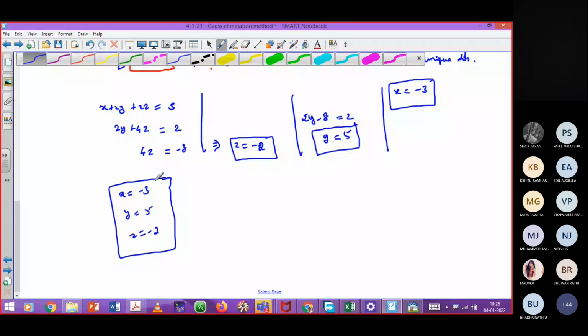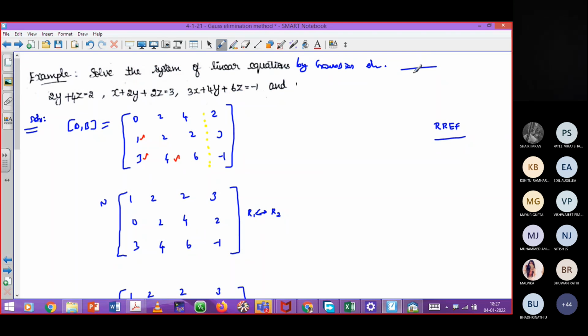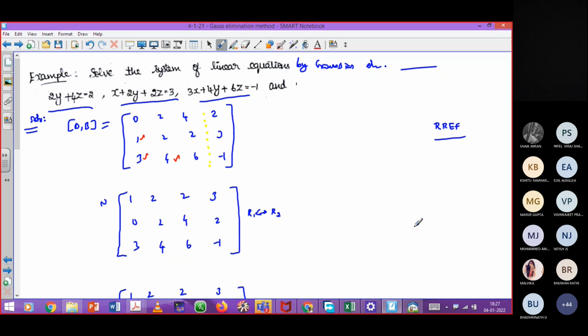Okay. How can you cross check whether you have obtained the correct answers or not for x, y, z? Any guess? Very easy step. You need to put the values into the actual equation. Very good. Put all these three values into any one of the equations. That has to be true for all the three equations. That's your wish. You can try to fix any one equation and then you can check whether we are getting the correct answer or not. Okay, I hope you have understood this problem, right? Yes? Okay.